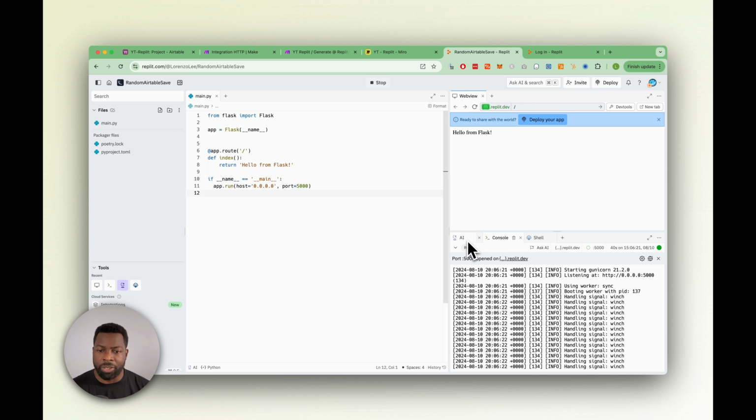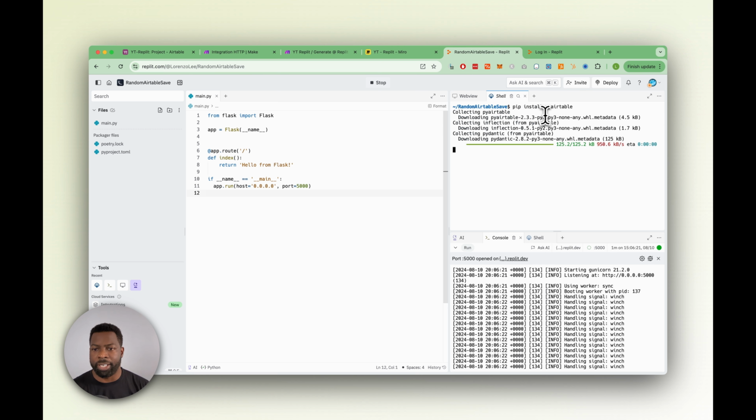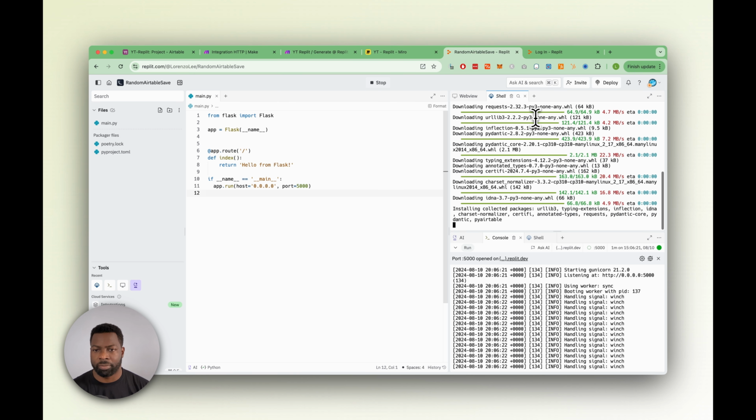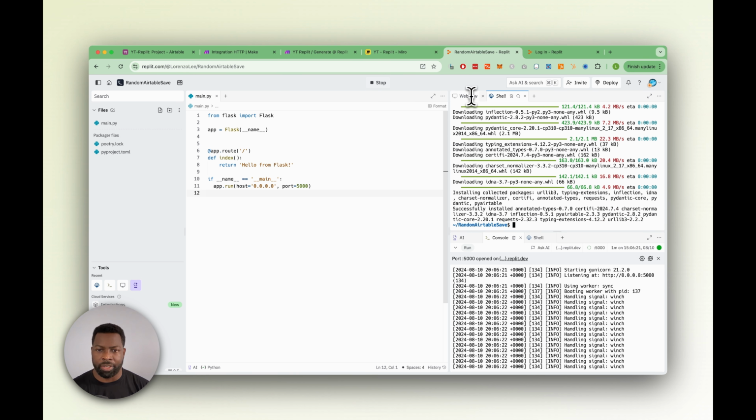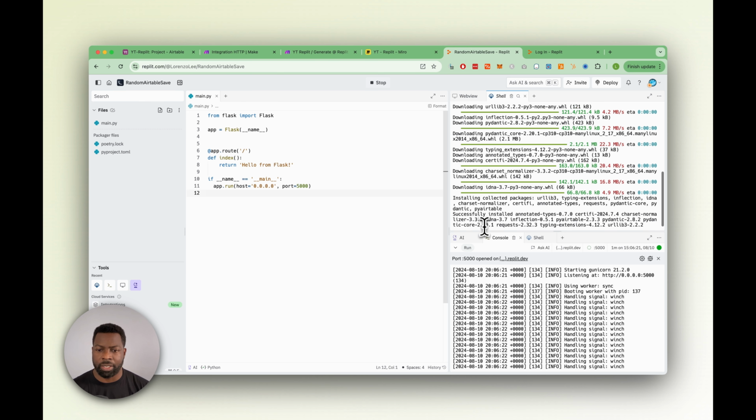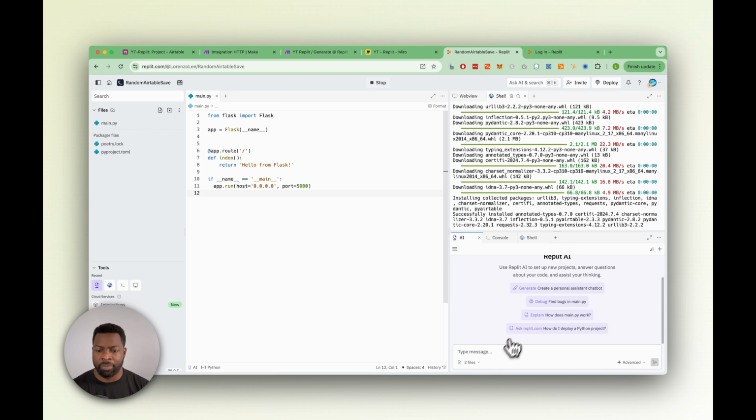So check this out. I'm going to use AI, and I need to use a package called Airtable. So I'm going to go to my shell, and I'm going to say pip install airtable. And what I want to do is go to AI here, and the Replit AI is actually pretty nice. I'm going to say,